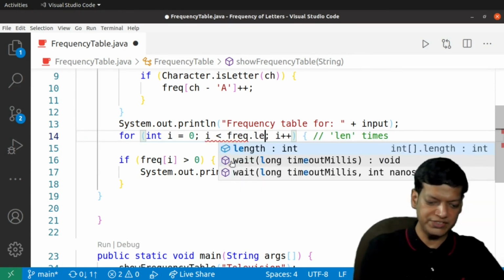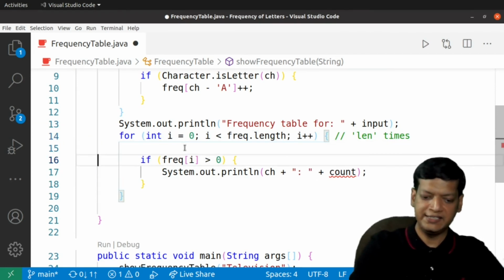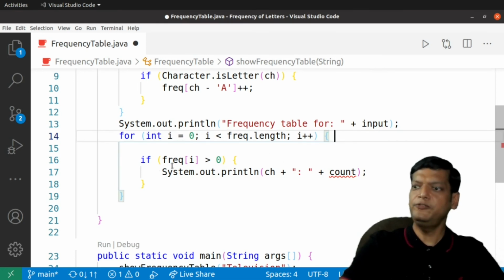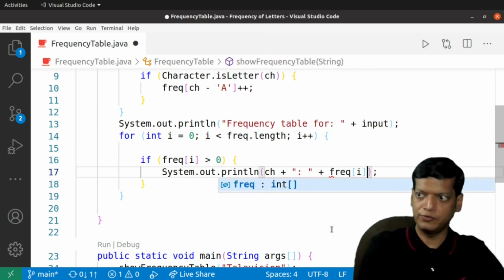So frequency.length, and then we'll check. If frequency of i is more than 0, we'll print the character and the frequency. So let's make it frequency of i.